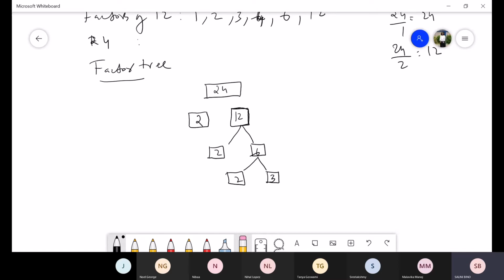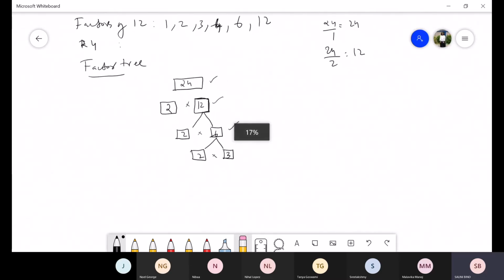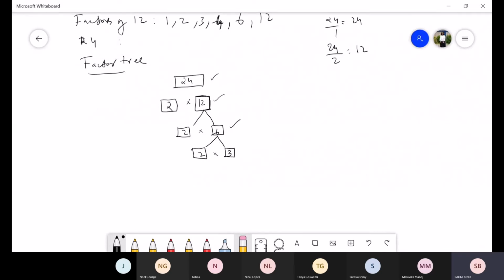So coming from the bottom, you can see 2 into 3 will give you 6, 2 into 6 will give you 12, 2 into 12 will give you 24. Normally, for 1 mark in the question paper, they will leave a blank box and you have to fill it in. So what is a factor tree? It is a chain of factors which is represented in the form of a tree. So here all the factors of 24 are shown as a factor tree.